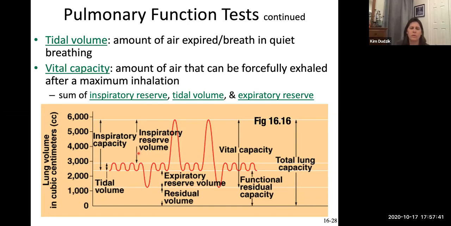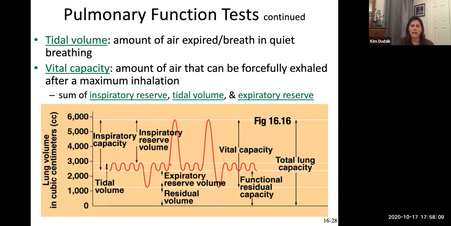Then we can ask you to really inhale at the end of a regular restful exhale, then go inhale. When I do that, I feel my neck tense up. Again, that's the sternocleidomastoid, that's the scalene. So when I do that, I'm pulling my rib cage open even wider, increasing the volume so that the pressure goes down even more and a lot more air comes in. So this measures how much more air comes in. That's my inspiratory reserve volume.